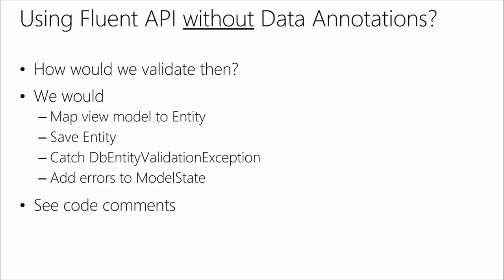So that brings up the question: how would we use this Fluent API without data annotations? This is almost a chicken-before-the-egg question. I just want to show you a quick little code sample here. This is a question that comes up a lot, and I'm sure somebody's going to ask it in the chat today. So if we want to use the Fluent API without data annotations, let's say we're going to take